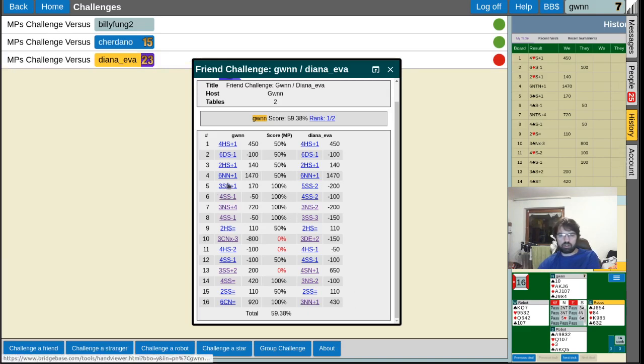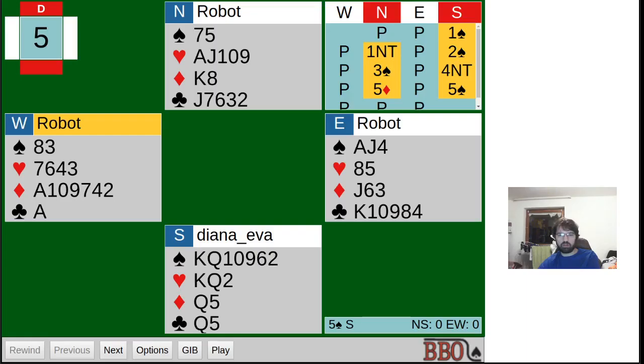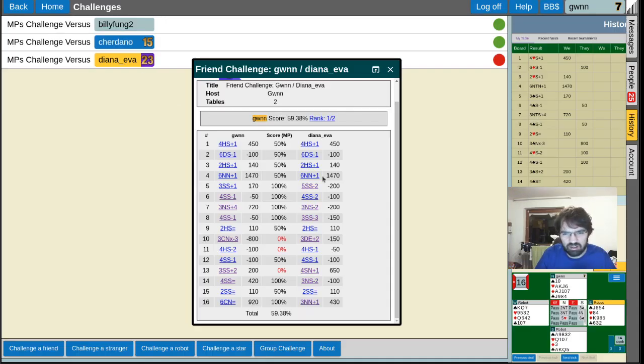What else is there? 4 spades, 5 spades down 2. What's that? What? What? Was Diana trying some kind of a gamble, assuming that her partner was gonna. Okay, I think she's just pissed off at the robots. Was she on tilt? Or is she just trying to bid as many slams as possible? I don't get it. Anyway,